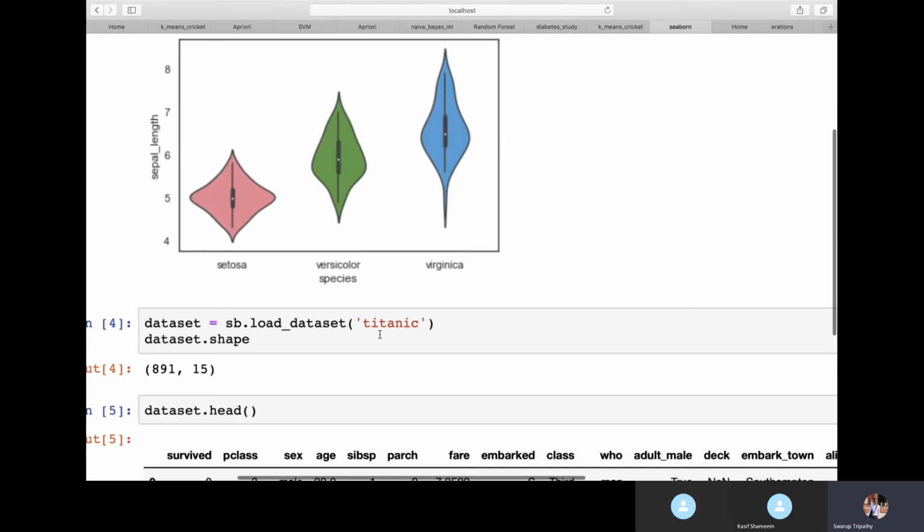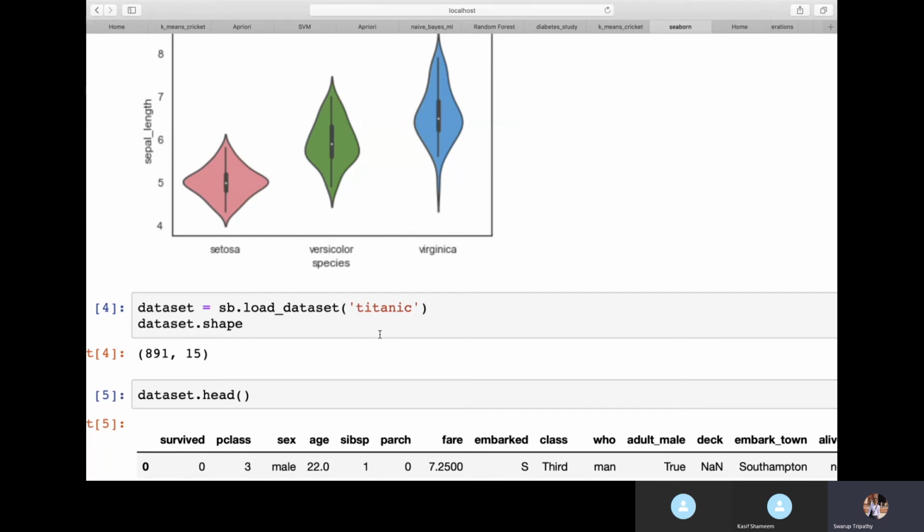This is one of the most widely taken competitions, where most people usually take part. This is the initial one. When you join Kaggle also they will ask for this. Now this data set is already given in Seaborn also, but Kaggle data is much better than Seaborn, though these are all real data. In Seaborn they have given 891 records out of all those people, and some 15 columns are there. We will try to understand this data and then we will visualize this data.